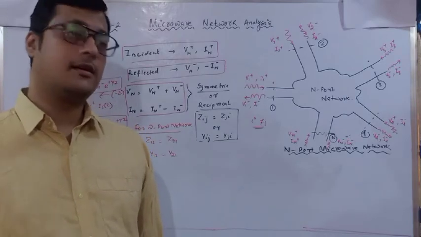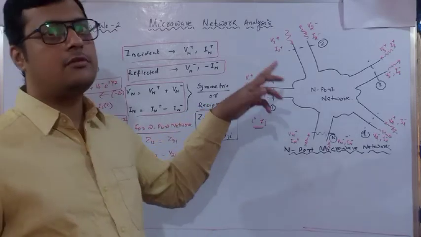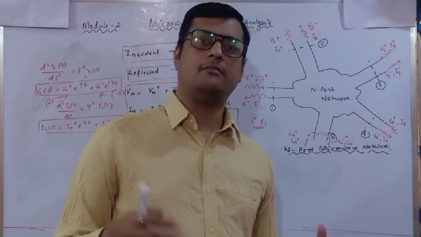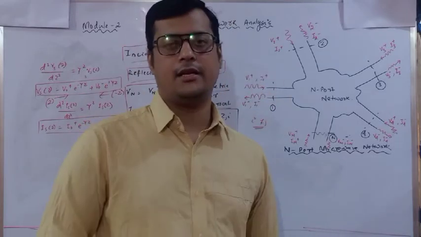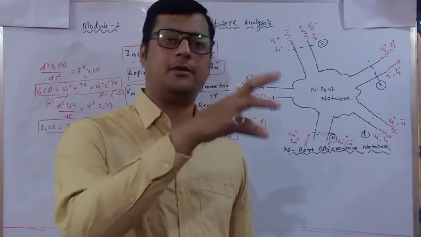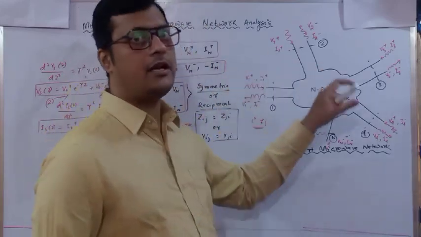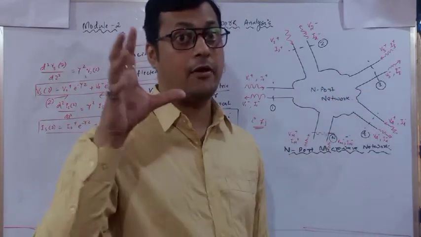How will that condition come into the picture? Here we are discussing in terms of potential and current, but actually this potential and current are analyzed in terms of electric field and magnetic field. So how is power going to be delivered in that particular network? Suppose I am providing the power here, how much power are we analyzing in this particular network? That is analyzed with respect to the Poynting theorem.